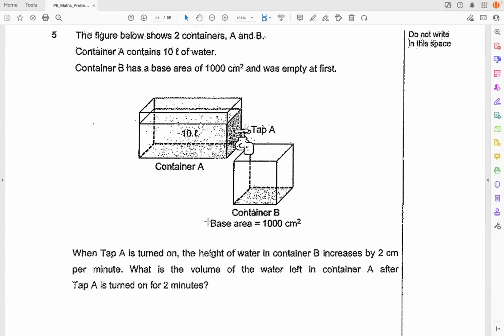This is a very easy question. They give you a picture and then throw in a lot of words, make it look scary, but it's actually a very simple question. All right. So focus on the container that has the most information. Okay. The container with the most information is container B. It says here,